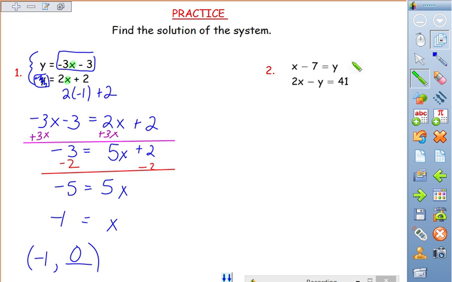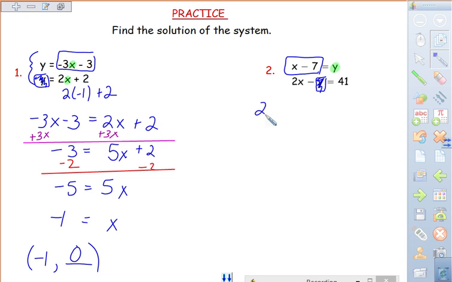Number 2, it looks like the y is already solved, so this is going to be your box. And we're going to plug that in for y down here. So we're going to take that out and put the box in. So we get 2x, but we have to subtract the box. And remember, if we're subtracting that box, this is a negative 1 sitting out here, so you have to distribute a negative 1. So I get 2x minus x plus 7